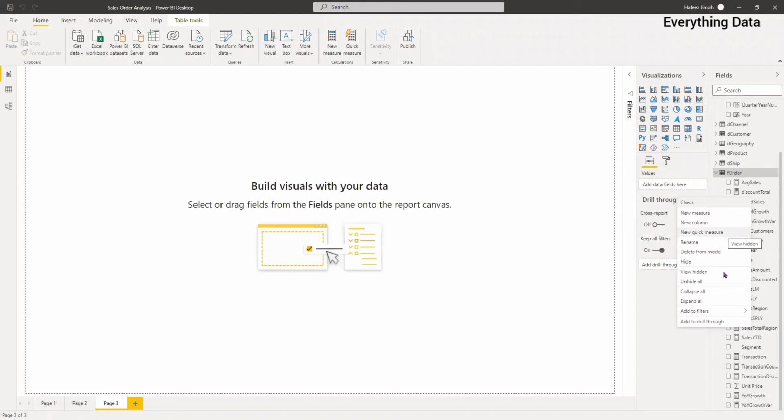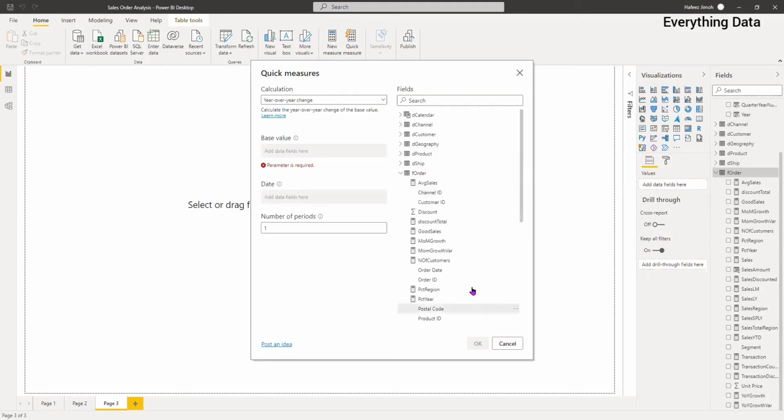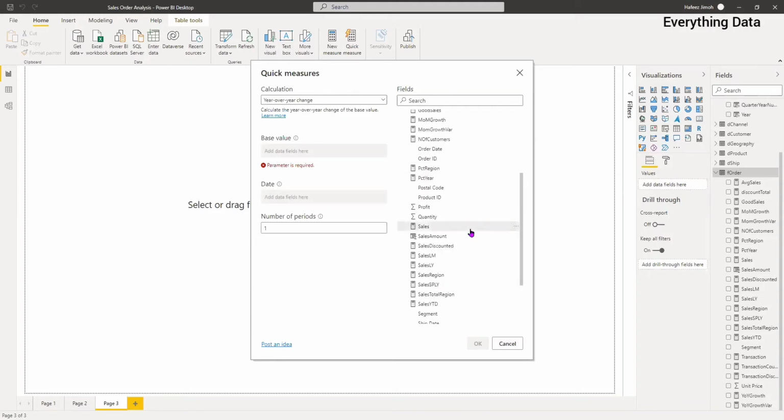So it opens a new GUI for us. In this GUI, it's telling us what calculation do we want to do. So in this instance, we are going to write a calculation for YOY, for year on year. We can see year over year change. We are going to select year over year change. Then it is asking us, what is the base value you want to use? In this case, our base value is going to be sales. Then I scroll down and I just put